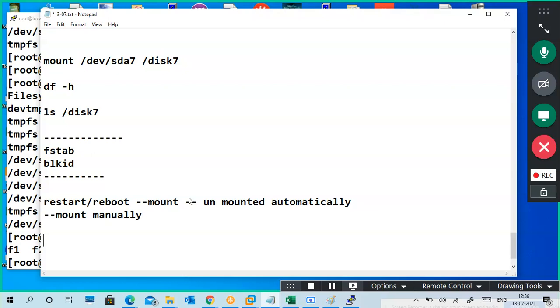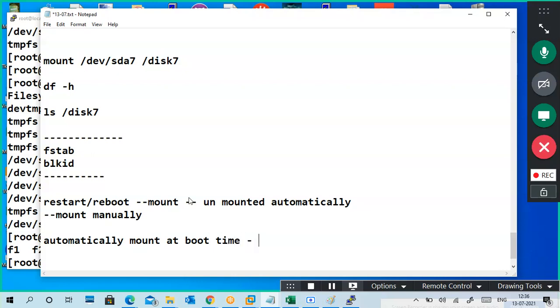For auto mount, you want to mount automatically at boot time.